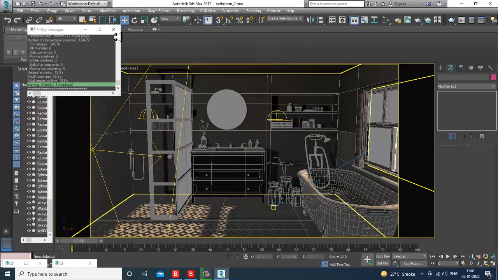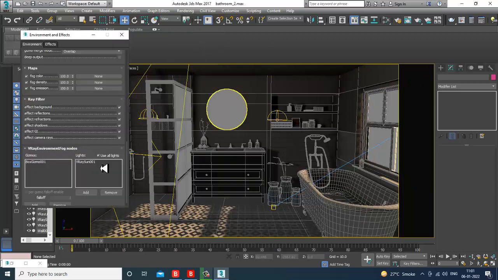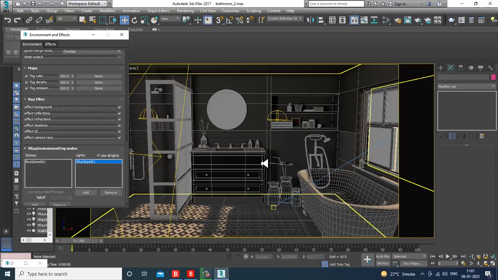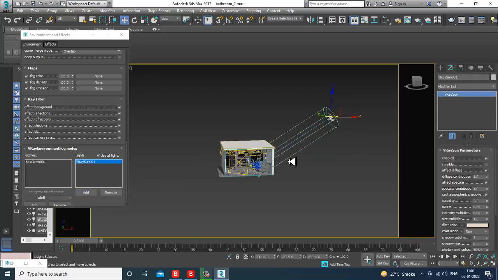I can again go into this rendering environment and again add, or you can take one more gizmo.